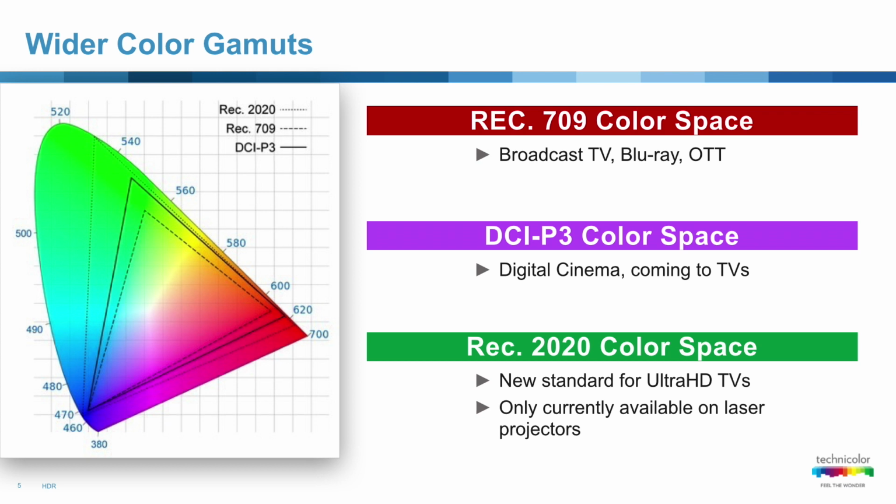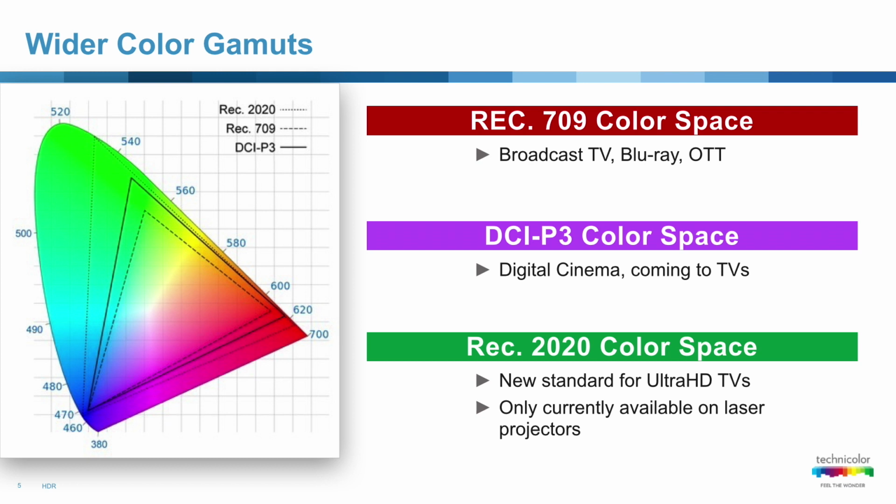And then Rec. 2020. Rec. 2020 right now is a theoretical space. What I mean by this is it's very difficult to accomplish, and technology that exists today can't yet accomplish it. So there are theatrical projectors that are going out in the marketplace with laser diodes to do their primaries, which are getting really close to this Rec. 2020 space, but they can't get there yet.